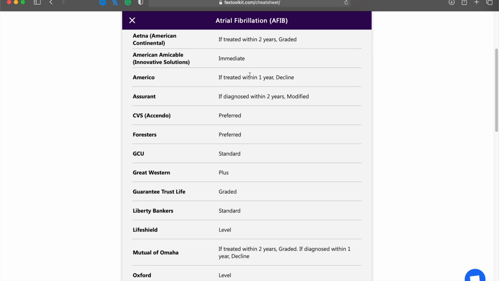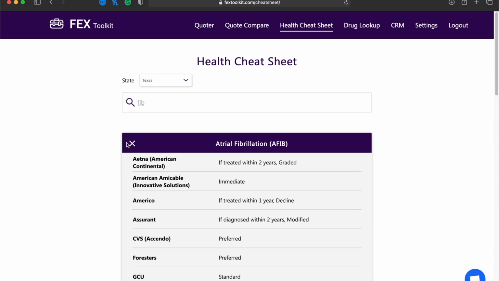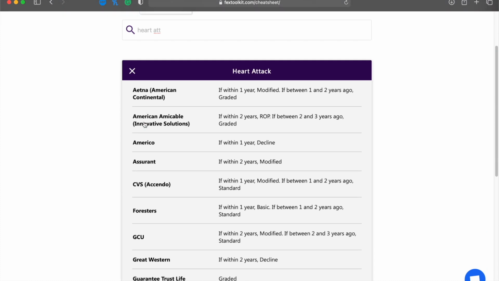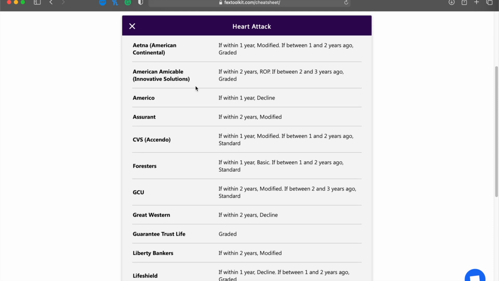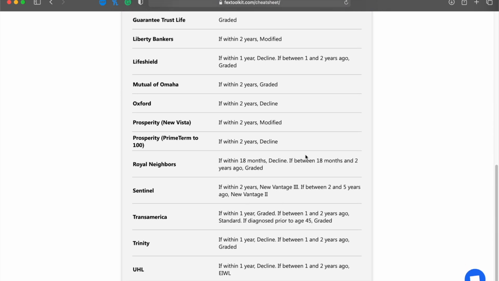So if you can see Americo, it doesn't just tell you decline, it'll tell you if treated within 1 year decline. So it shows you the actual data for that client. Looks like I entered it twice there. And if we wanted to add on something else, let's say heart attack, it'll pop up the different companies here in alphabetical order with the reasoning as to why they take the client